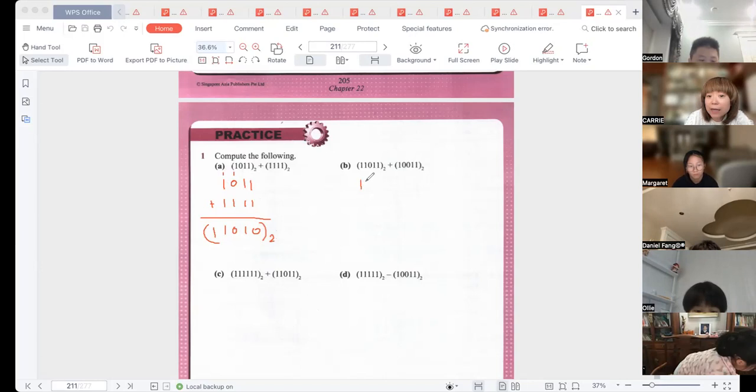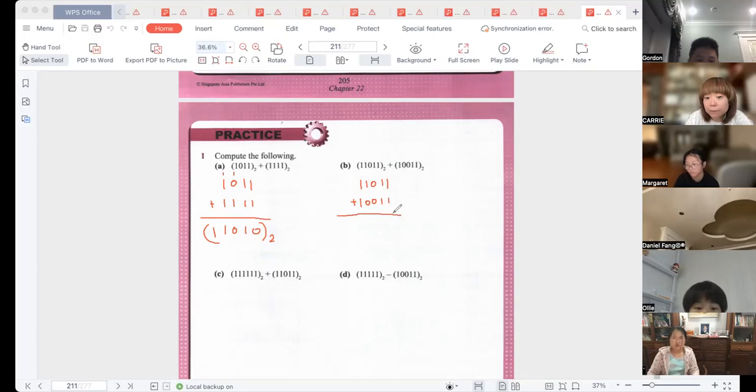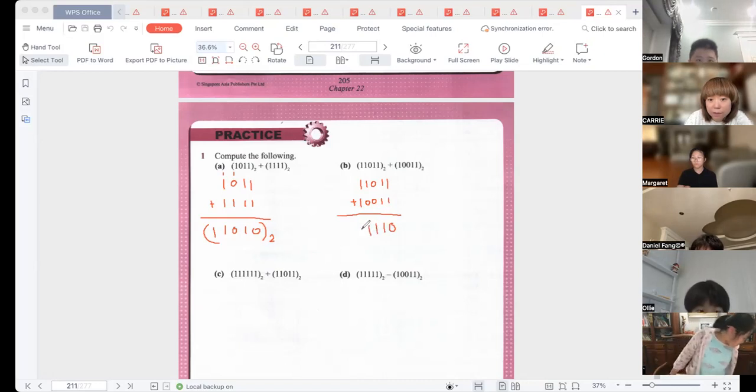Yes. Luciana, 你又跑到哪儿去了？I'm getting my eraser. Okay, eraser 掉下去了。So 1 plus 1 equals 0 and carry over 1, and 1 is 1, and 1 and 0 and 1. 这怎么样？做就是要学，是不是？你干嘛老是？